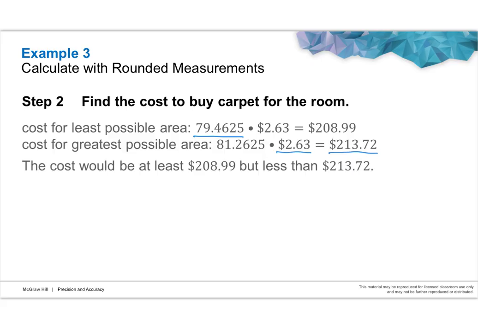And then the greatest possible area takes our larger number for the area measurement times that cost per square foot. And here we get $213.72. So the cost is going to be at least $208.99, but less than $213.72. And so we can see how much of a difference happens with the change in the precision level of